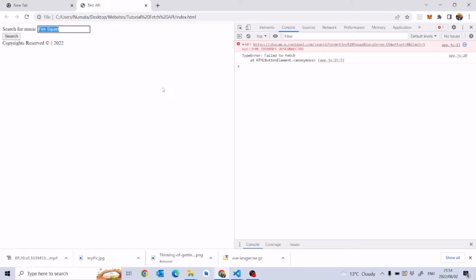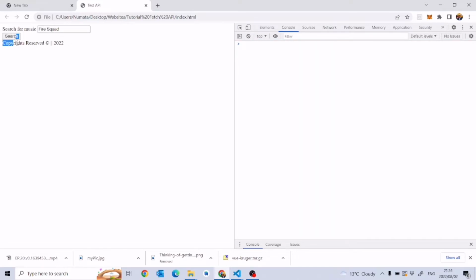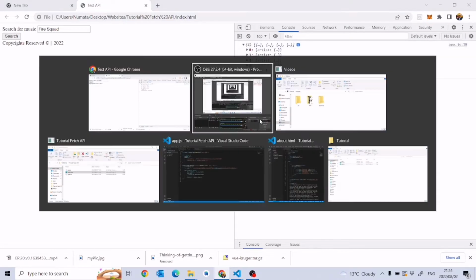So I'm going to search for this fire squad, which I already tampered with before starting this tutorial. Now I'm going to search and I should get some value back. Let me just remove all these errors here. So we are getting some results back. Now, if we go back to the code,